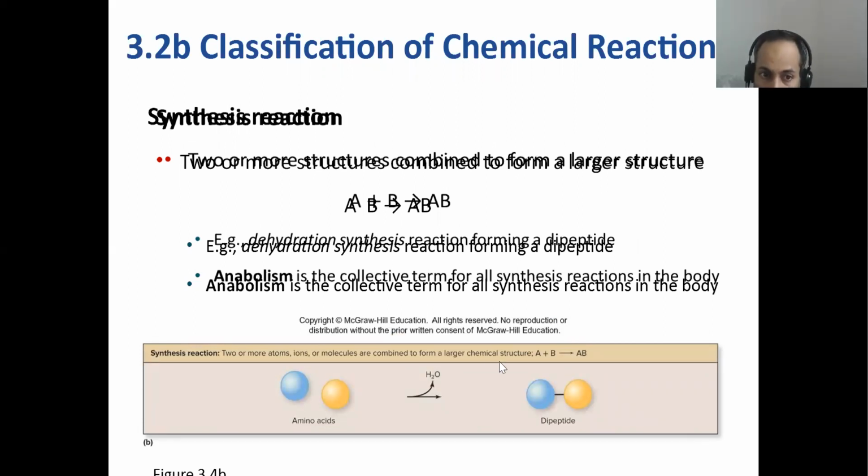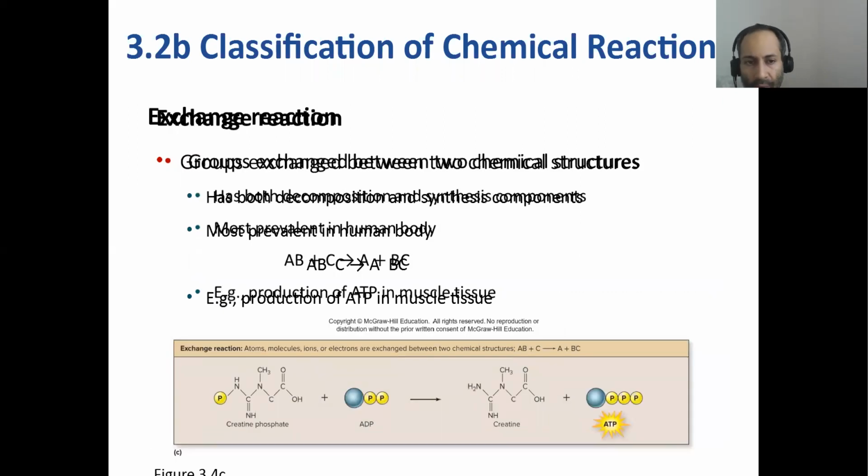So what happens here? You have two amino acids, one in blue, one in yellow, right? What happened? A water molecule is lost, and these two amino acids join together to form a dipeptide bond. This is synthesis, the exact opposite, or an anabolic reaction, also called anabolism. So you're putting two things together. Here, and this is, by definition, an endothermic or endergonic reaction. You have to give energy to this reaction for it to take place. Rather than releasing energy, this type of reaction absorbs energy, okay? Since it's a synthetic or an anabolic reaction.